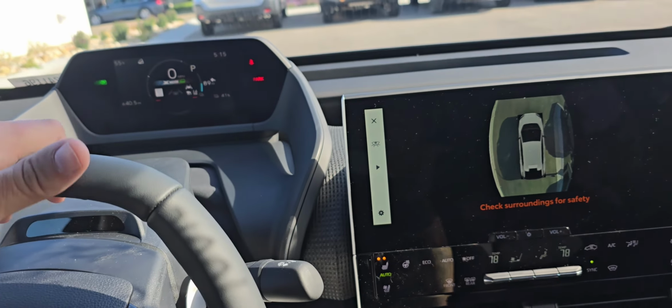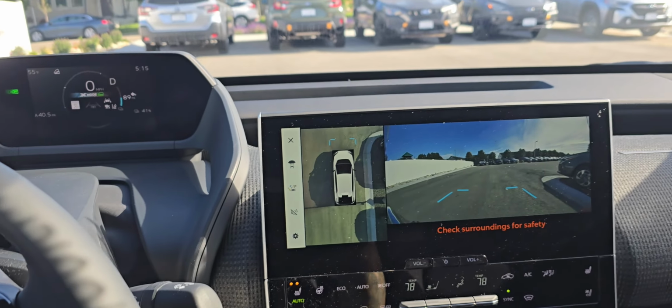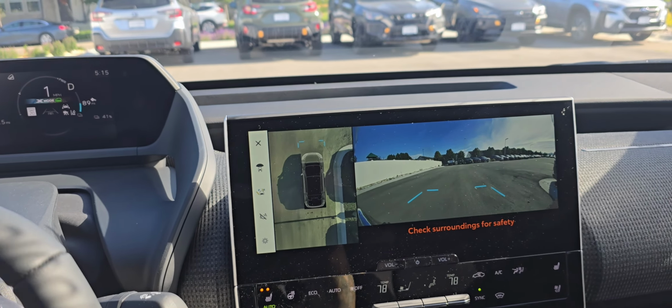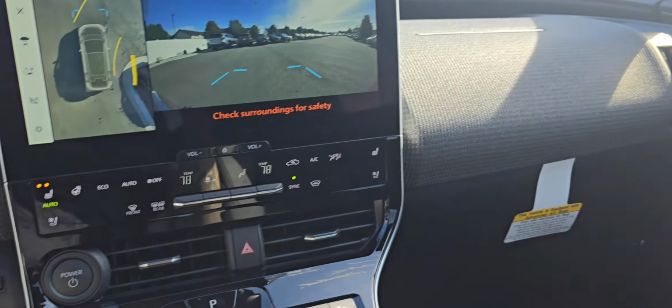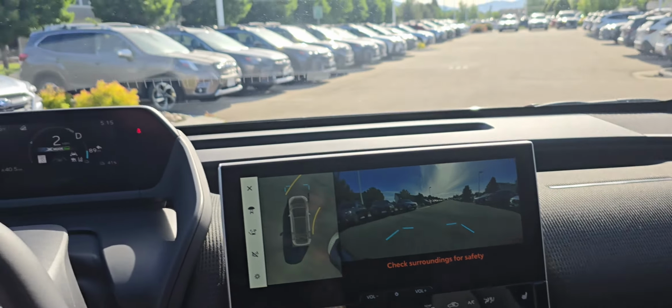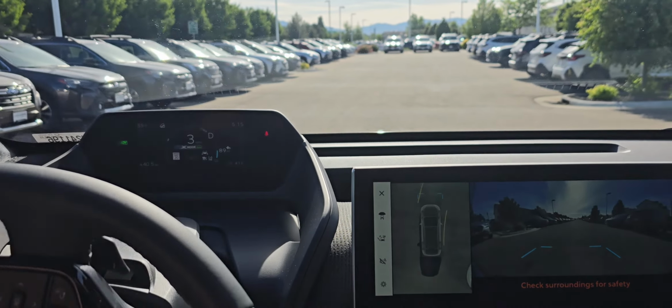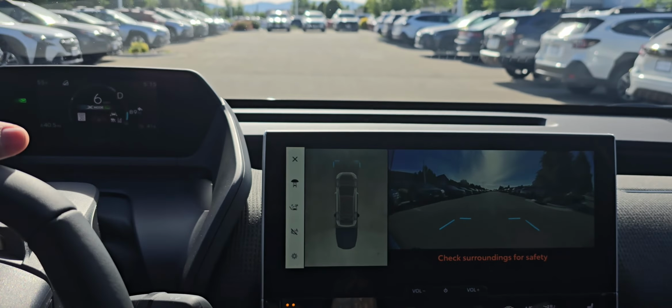And that's what I think this vehicle needs to be advertised as. The perfect round the town vehicle. And I'm going to pay attention to the road here as I'm driving around. It's comfortable. I've got room for my legs. My passengers would have plenty of room. The back seats are roomy. If I needed a vehicle to just take me back and forth to work, I think the Solterra would be